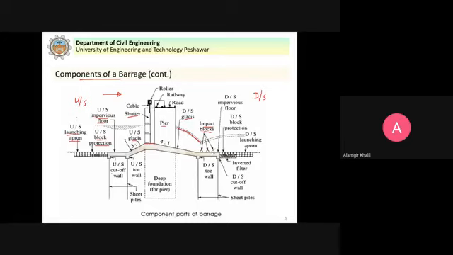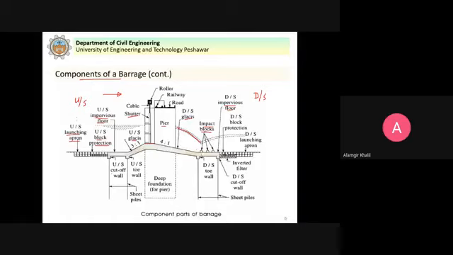We have this impervious floor provided here to contain this hydraulic jump, because if this hydraulic jump occurs on the pervious river bed, then what will happen? It will erode the material, it will cause scouring, and that scouring can pose a threat to the foundation of the structure. If you remember, we studied about the stilling basins.